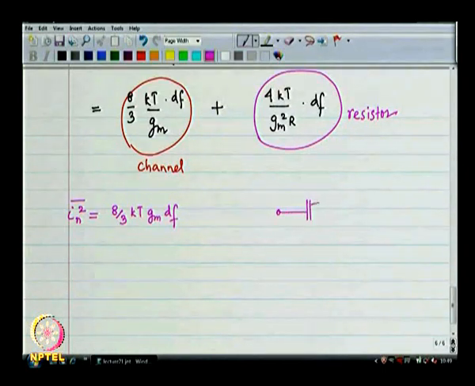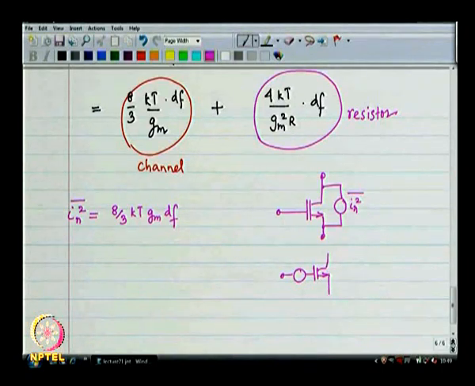What I can do is I can rewrite this, remodel this as if I had a voltage on the gate. If I apply a voltage on the gate, that will generate a current in the channel. If I apply a noise voltage at the gate, I will get a noise current in the channel, gm times that voltage is the current, right. So, if the noise current is so much, then the noise voltage that I applied at the gate